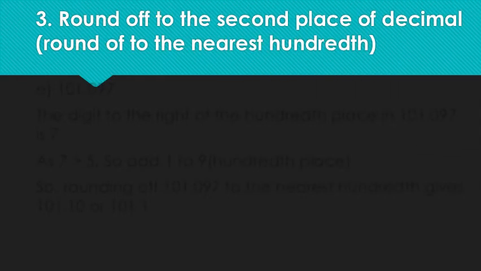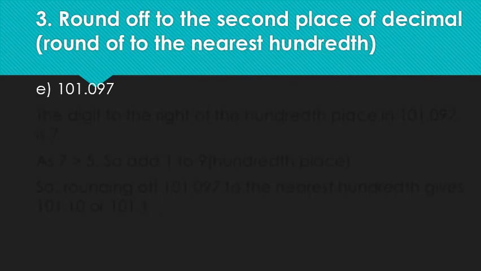Now let's come to another type of question, that is, round off to the second place of decimal. Now what do we mean by second place of decimal? Well, it means to the nearest hundredth place. Second place of decimal is the hundredth place. So let's do this question. The question is, we have to round off this number